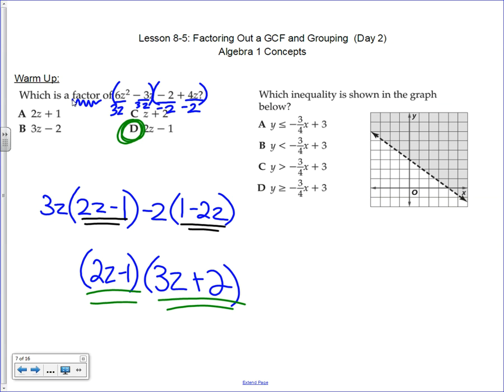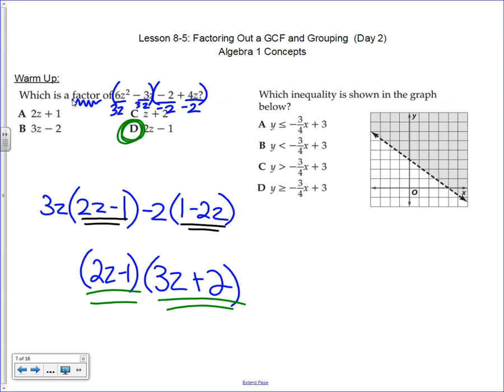I have a graph for you, and I want to know which of those matches the graph. What do you see on this graph? A shaded area, which means I have to have a greater than or less than symbol, correct? Are we shaded above that line or below that line? Above, which means I want what kind of symbol? No. A greater than symbol. If we shade above a line, that means it was greater than. So which of these are